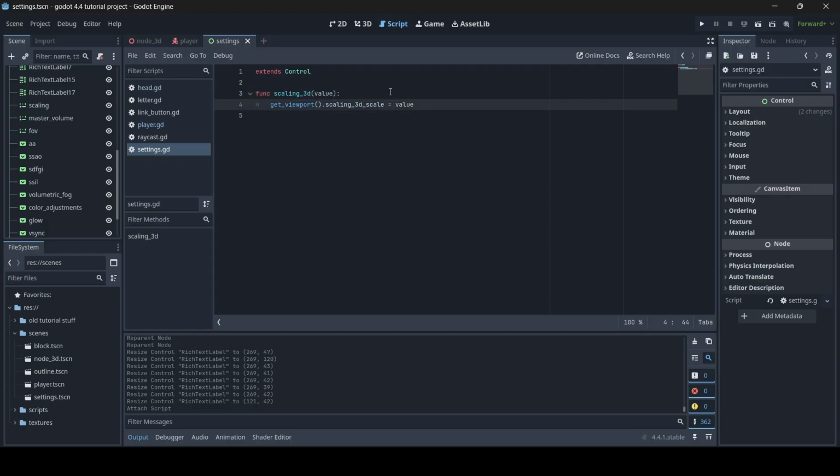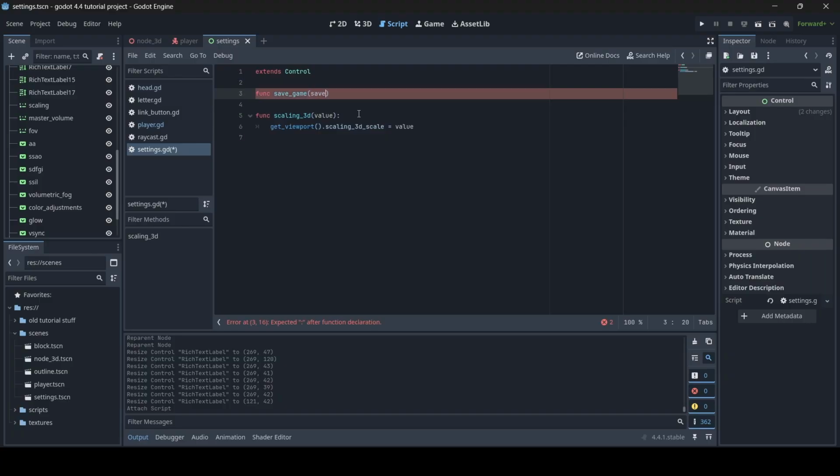Now before we continue on with the other settings, one thing which I forgot to do, which I should have probably done first, is add a function to save the settings, since I want to make sure that whenever you close your game, you don't have to set your settings back to whatever you had before, because then that just wastes time. I want to make sure that when you do set your settings, they are saved, and then when you exit the game and re-enter the game, they are set back to whatever you had them set to previously. So I'm going to be creating a new function called func save_game, and in the parentheses we're going to be doing